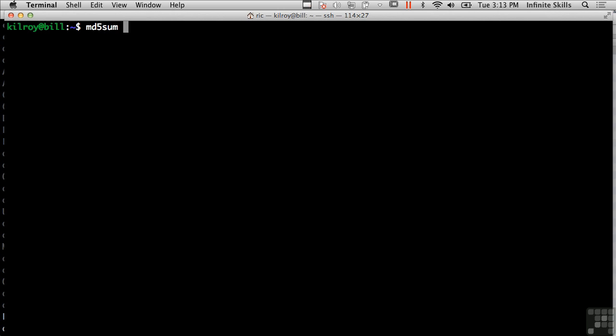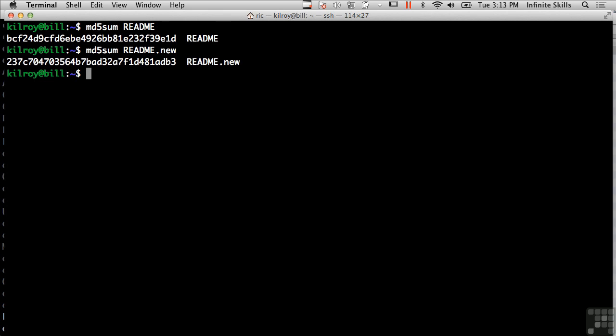So one of the ways of getting a cryptographic hash is a program called MD5Sum. And MD5Sum, not surprisingly, does an MD5 hash. And I can do an MD5Sum of the README file. And there's the cryptographic hash of that file. I can do a cryptographic hash of the readme.new file. And you'll see that there's a difference between those two cryptographic hashes. A cryptographic hash will generate a value that is the same length regardless of the length of the input. So you are always going to get the same length output from an MD5Sum no matter how big the input file happens to be. I could have a multi-gigabyte disk image and it's going to generate the same length hash